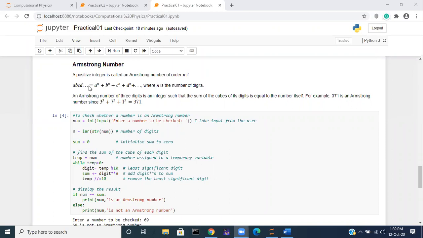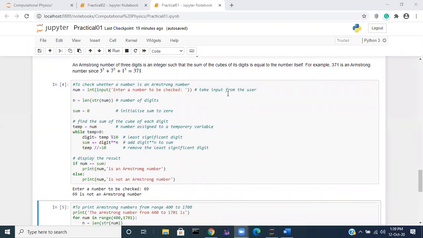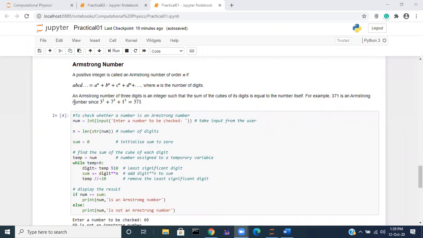This number is exactly equal to the sum of each digit to the power n, where n is the number of digits. So for example, let us discuss an Armstrong number of 3 digits. An Armstrong number of 3 digits is an integer such that the sum of the cubes